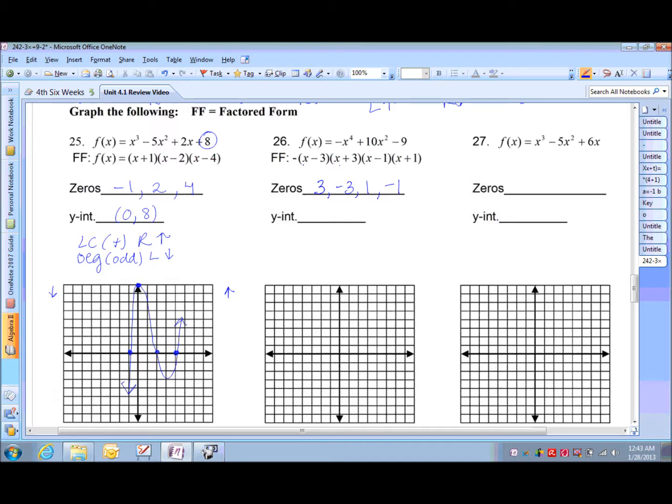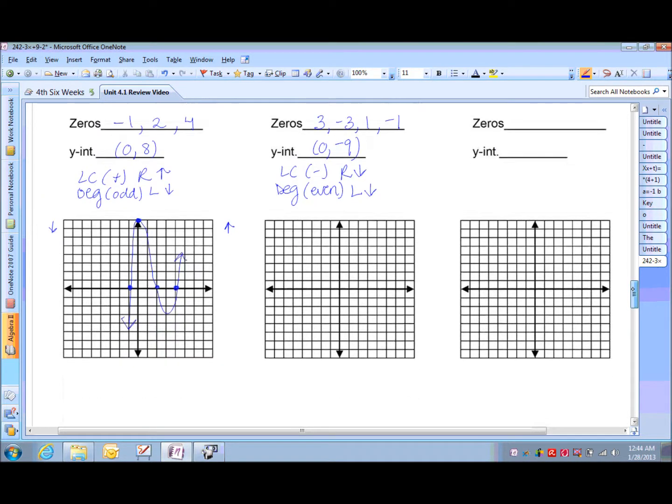Okay? In the next one, our zeros are going to be +3, -3, 1, and -1. Remember, those are just the x values that make each factor equal to 0. Our y-intercept here is going to be -9, or (0, -9). Our leading coefficient is negative, so our graph is going to fall to the right. Our degree is even, so our left tendency is going to be the same as the right,